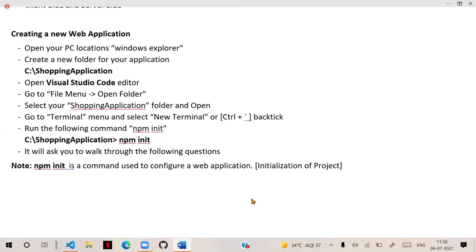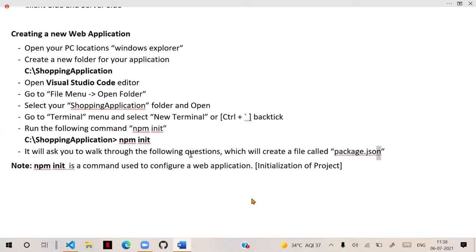It will walk through the following questions, which will create a file called package.json.